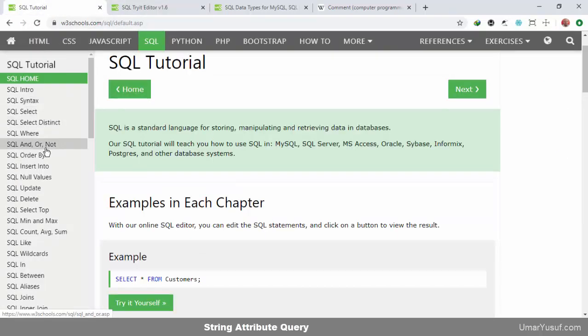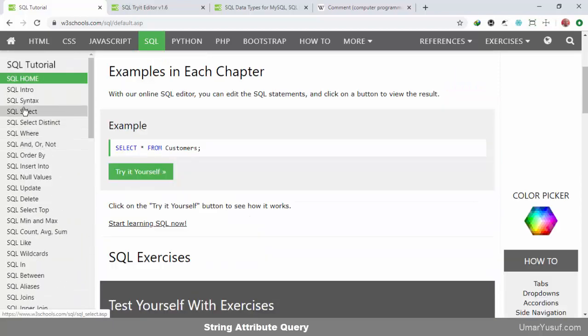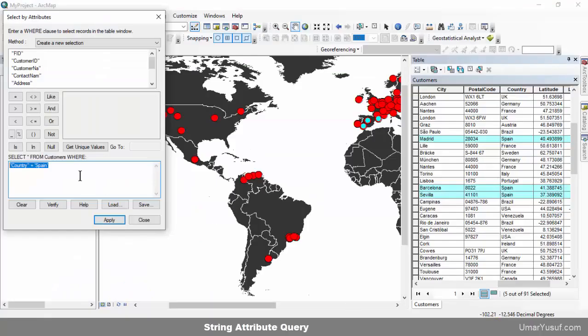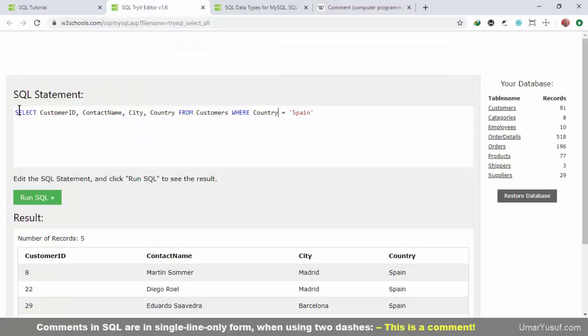In talking about the SQL expressions that can be run on a shapefile, I have mentioned that select is basically the only SQL statement or SQL syntax that is 100% allowed on the shapefile, as indicated here: select star from customer where clause. That is an important concept I want you to know. And it's called the